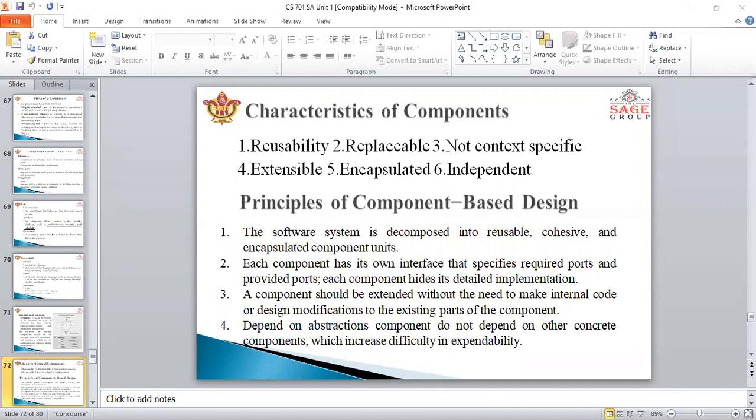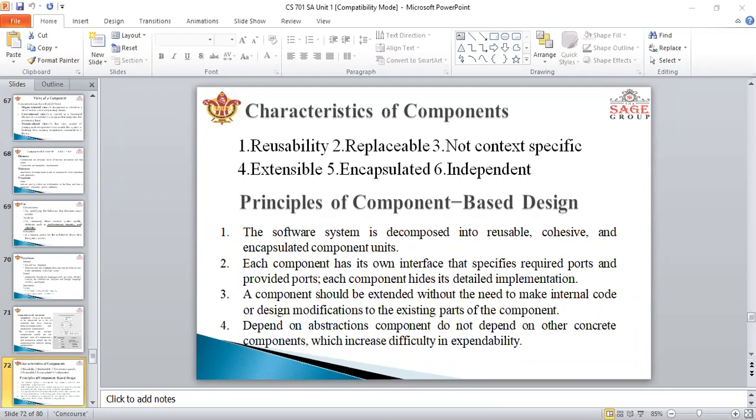So this is replaceable. And not context specific, that means components are designed to operate in different environments and contexts. And extendable, that means a component can be extended from the existing component to provide a new behavior.